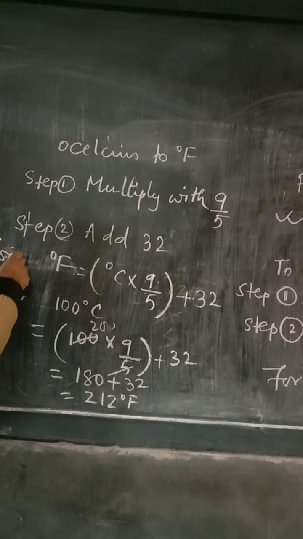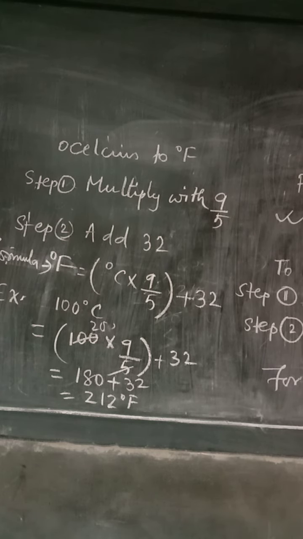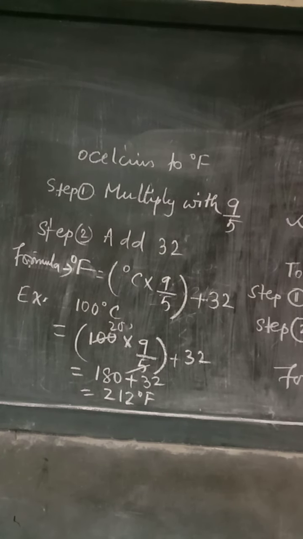This is the formula to find degree Fahrenheit: Celsius into 9 by 5 plus 32, and the example is also given. So these two things you should know: how to convert from degree Fahrenheit to degree Celsius and degree Celsius to degree Fahrenheit. The formula is already written, and if you don't want to use the formula, you can use the steps, doesn't matter. Now if you look at exercise 1,